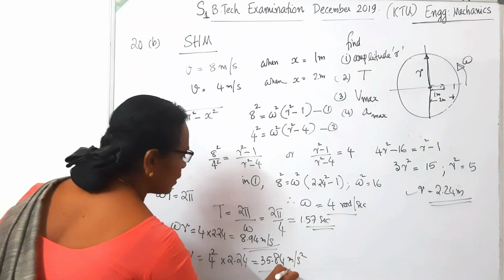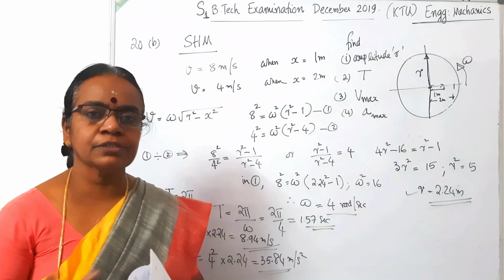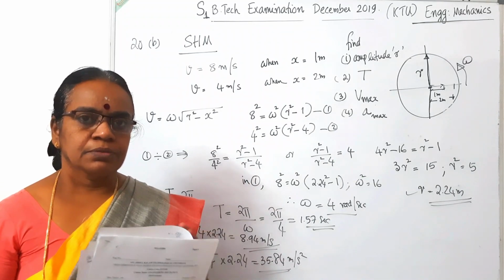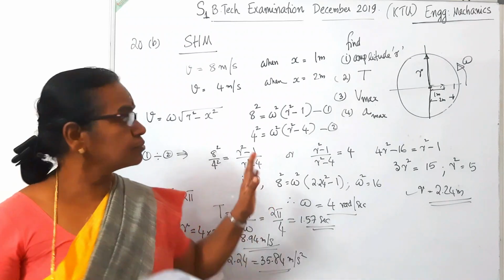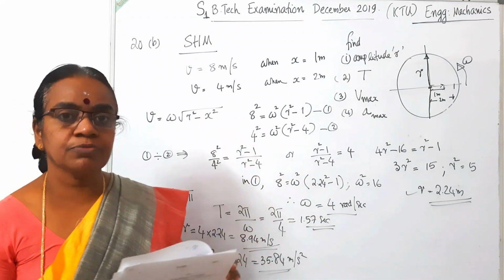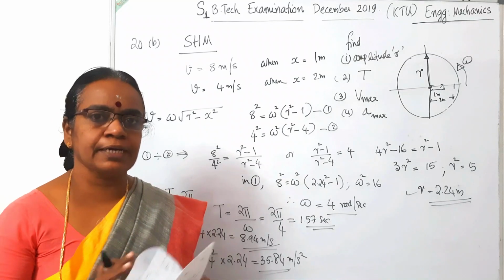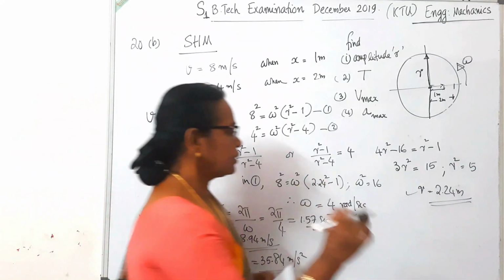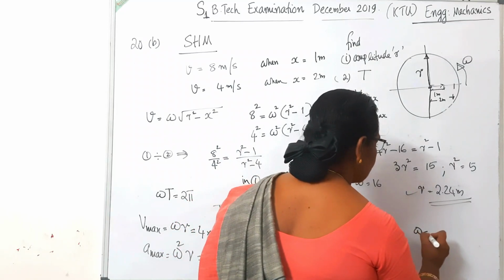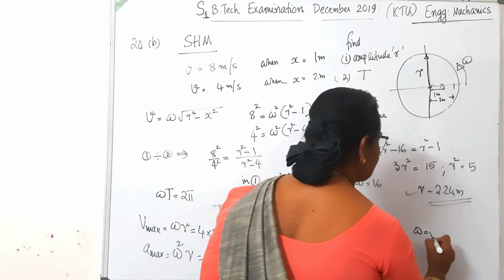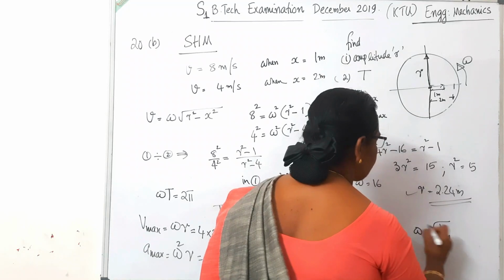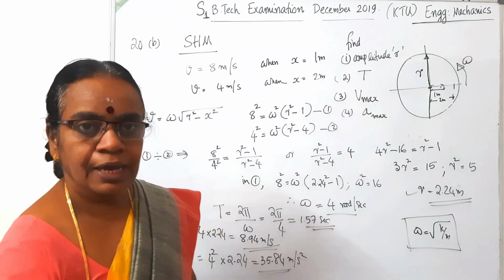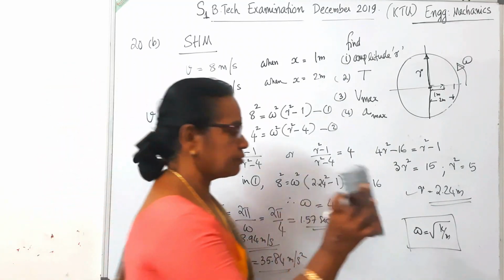meter per second square. So always try to answer the questions from simple harmonic motion, which is very, very simple. You can get 9 marks for this particular question. The previous question was 5 marks. The 5 mark question is repeatedly asked in both the question papers. For that we have to use only one equation: the frequency omega is equal to root of k by m. If you know that expression, you can solve that 5 mark question.